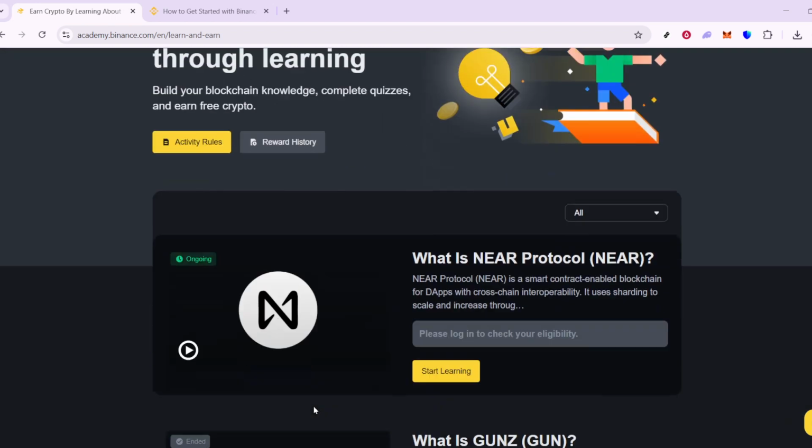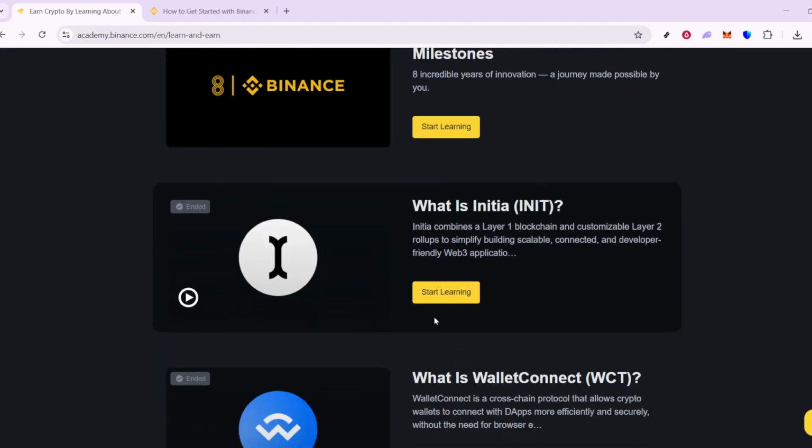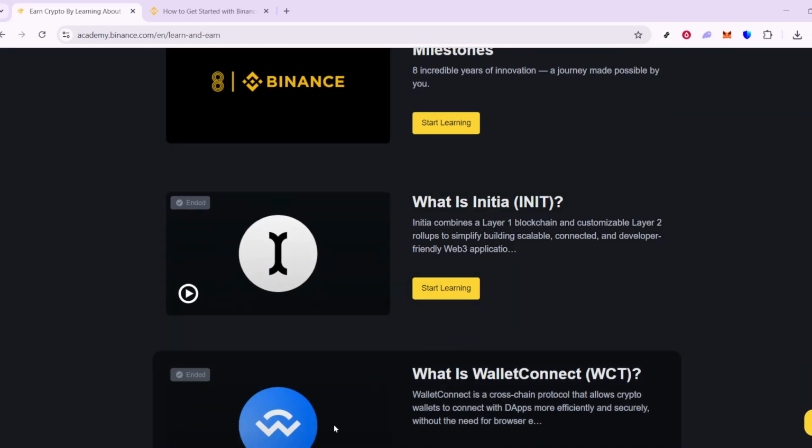Submit and then wait for the reward confirmation. This confirmation will notify you that the ACE tokens have been credited to your wallet. The satisfaction of knowing that you've not only expanded your understanding but also earned a tangible reward is a great motivation to participate regularly. Finally, to verify the successful crediting of your rewards, navigate to your wallet, then Spot Wallet